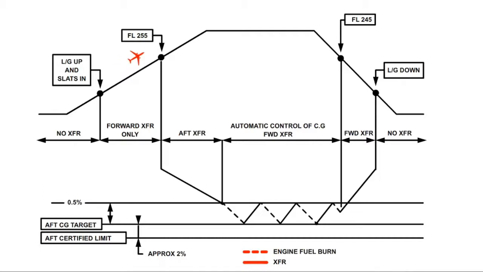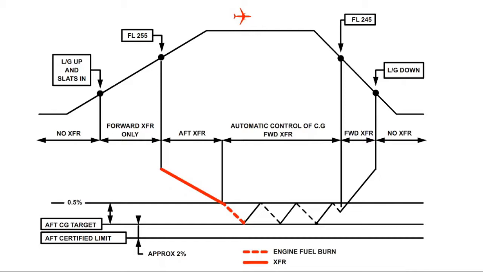Early in the flight, the system transfers fuel into the trim tank until the trim tank is full or the CG reaches the target. Normally, only one aft transfer of fuel is required per flight. As fuel is consumed from the main fuel tanks, the CG moves aft. When the CG reaches its aft target value, which is approximately 2% forward of the aft CG limit, the system